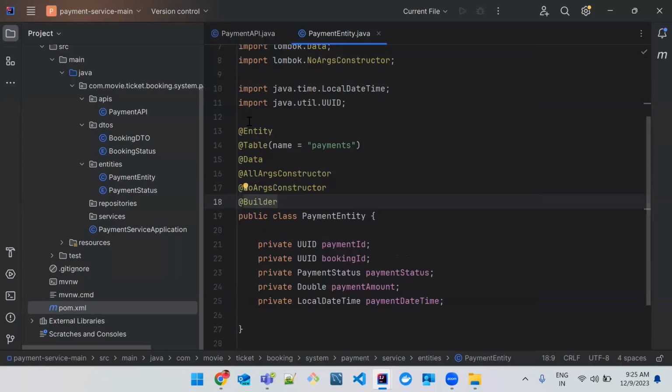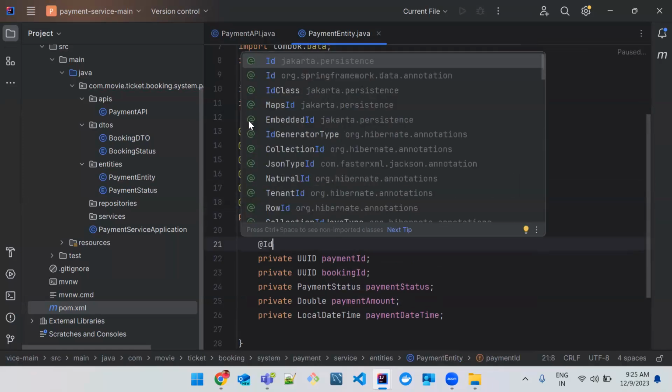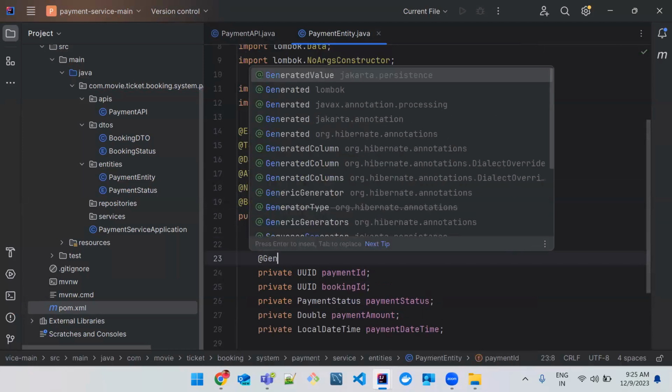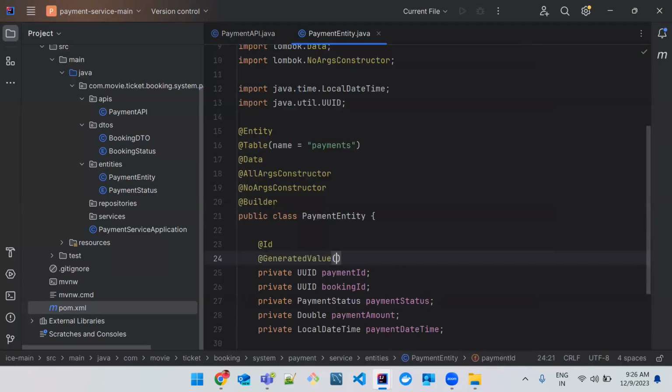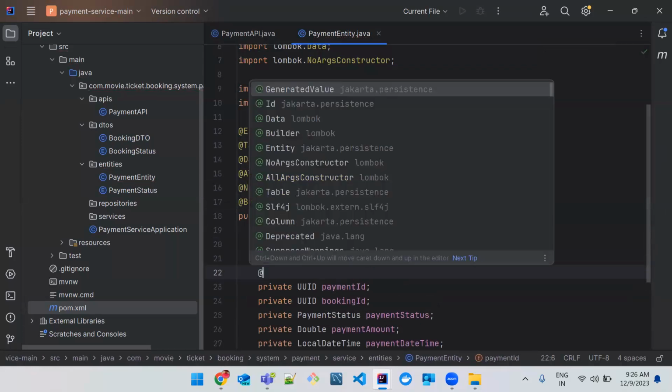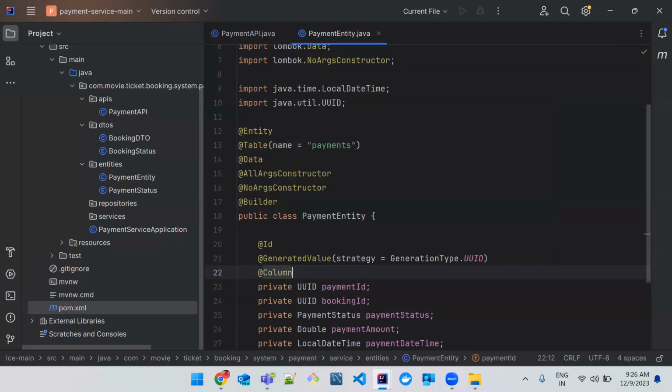Okay. And at the rate id to make it as a primary key, at the rate generated value, and use the strategy as UUID, and also give the column name as